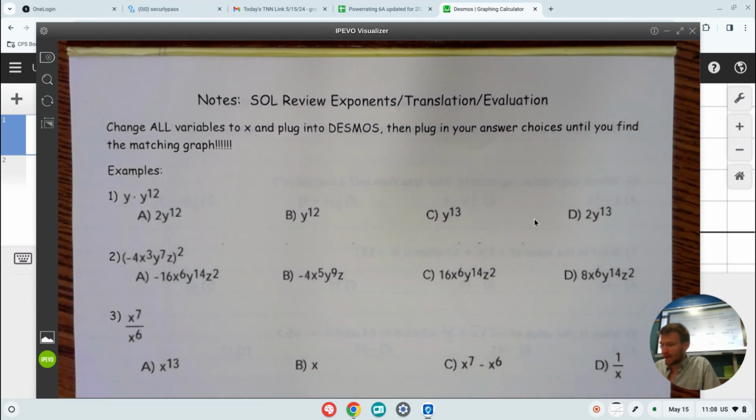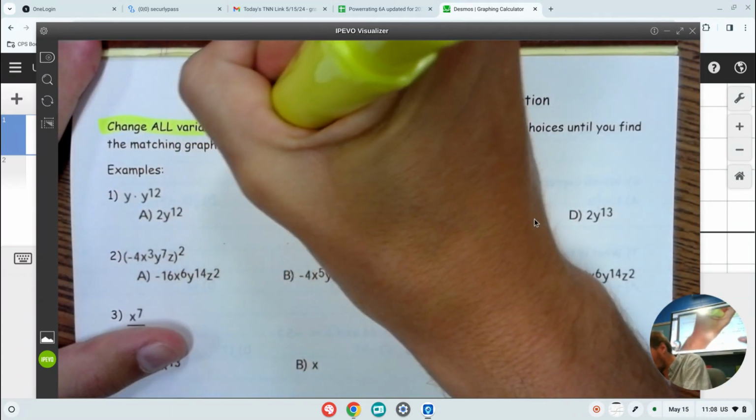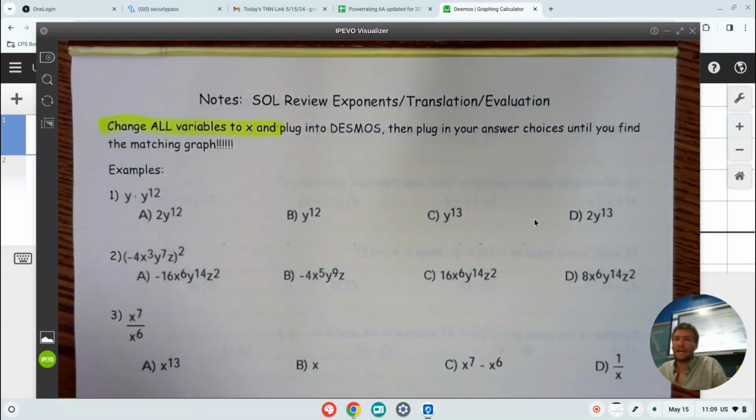For the most part, our strategy has been type the question, type the answer, and then just look for a match. And you probably are not surprised to hear that is the same thing that we are doing. We want to, just like yesterday, change all variables to x. Now, mathematically speaking, that is not a good decision, but when it comes to a multiple choice question,